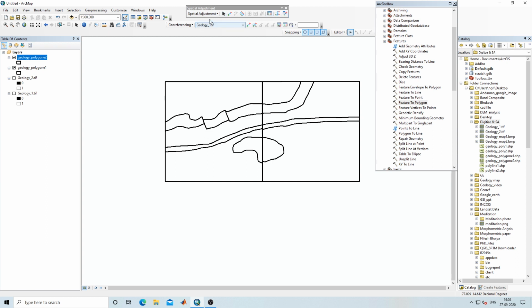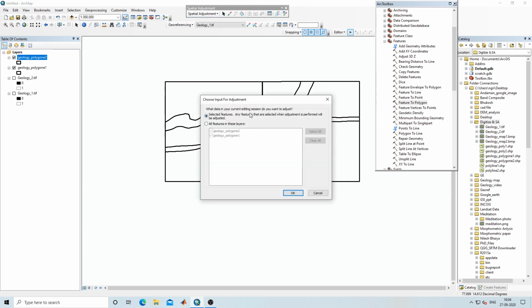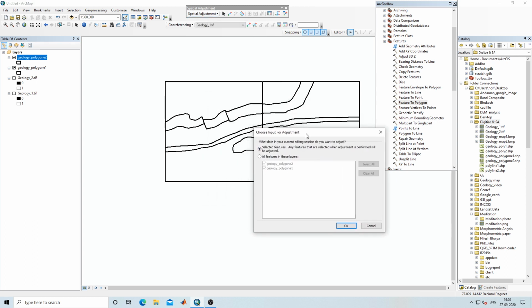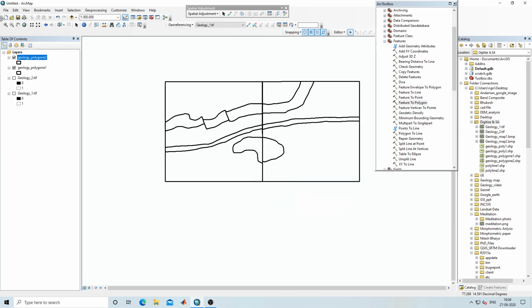After that, we need to click on spatial adjustment, then set adjust data. In set adjust data, select all features in this layer, and now we need to select one target and one source.